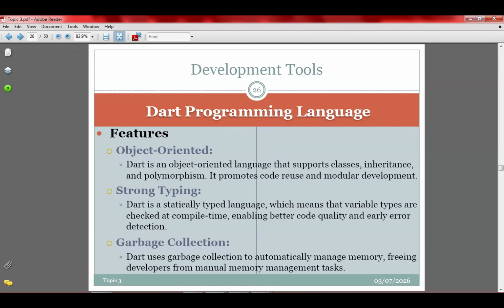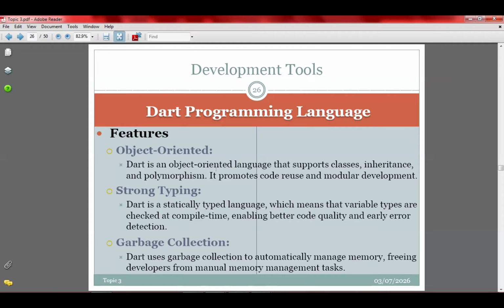Features of Dart: one, it is object-oriented. With object orientation, every object has some characteristics. I've talked about classes. Every object belongs to a class, so Dart supports a group of similar objects. When you look at your Android phone, you can see the Google widget.